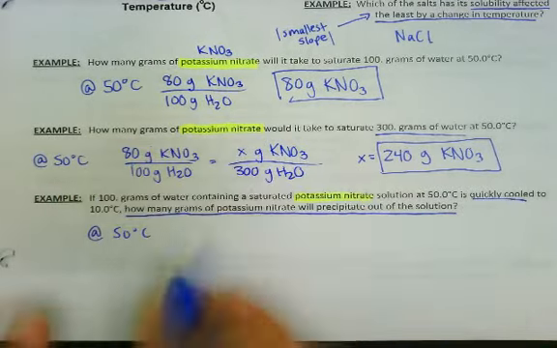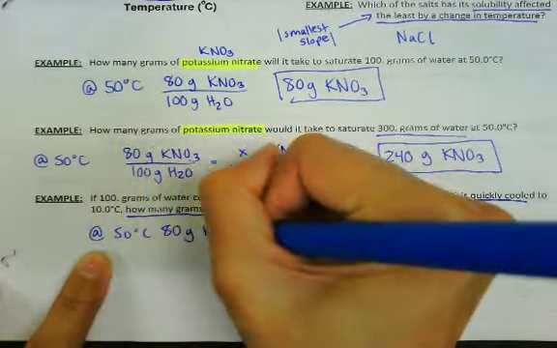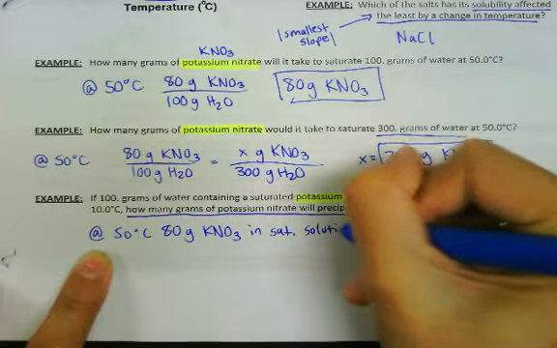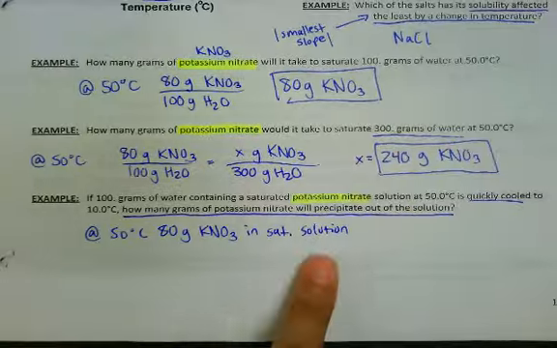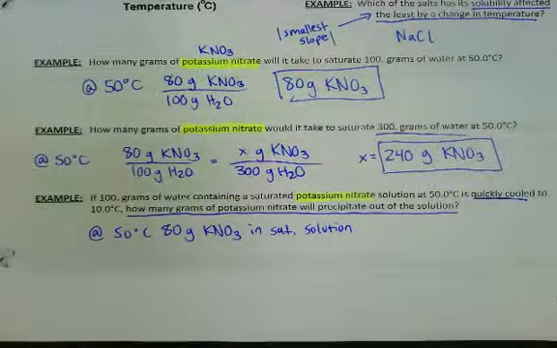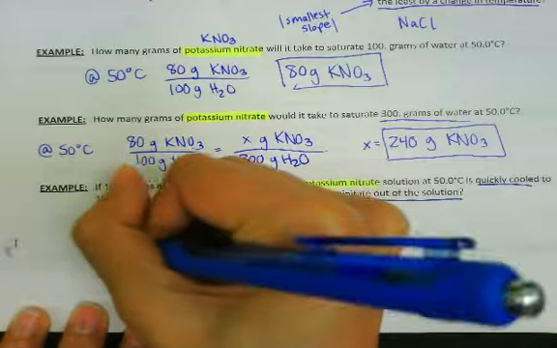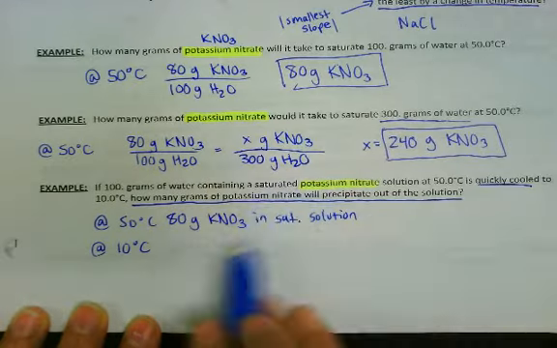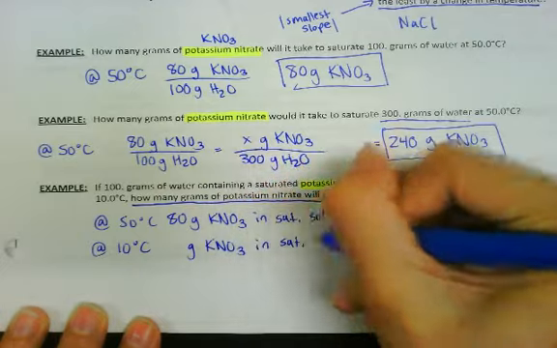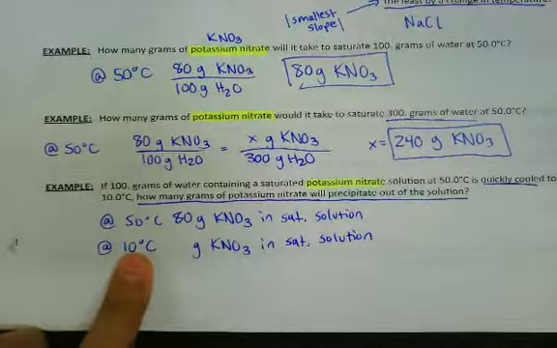So what I would do is I would write out, of course at 50 degrees Celsius, 80 grams of potassium nitrate will saturate the solution. Okay? Saturated solution of potassium nitrate at 50 degrees Celsius contains 80 grams of that potassium nitrate. What we also need to know is how many grams of potassium nitrate are contained within a saturated solution at 10 degrees Celsius, because that's all we're going to be able to hold